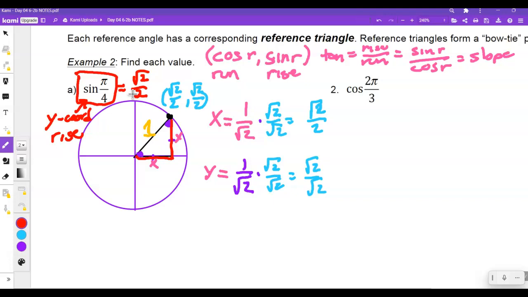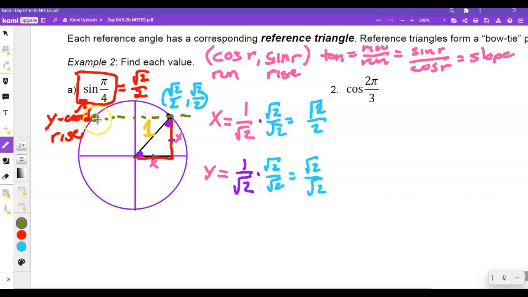And ask yourself, what other angle has the same answer? Okay, and that's the last part I'm going to add on today. So what other angle also has a sine of pi over 4? Or what other angle also has a rise of root 2 over 2? Right, so you want to look at it like, well, the rise, that's the y-coordinate. So if I drew a line across,